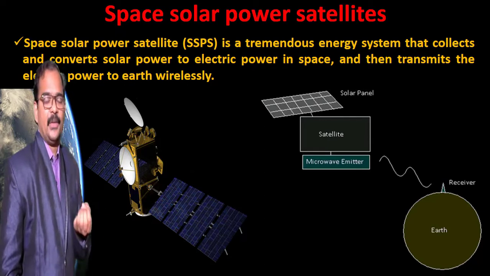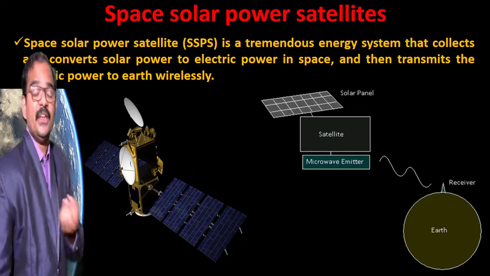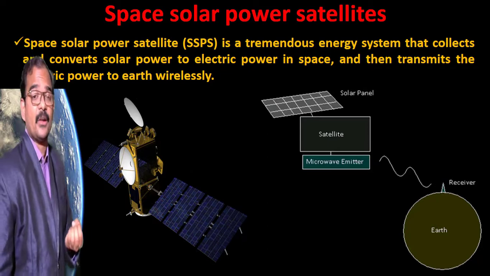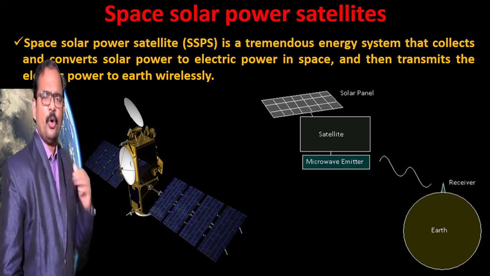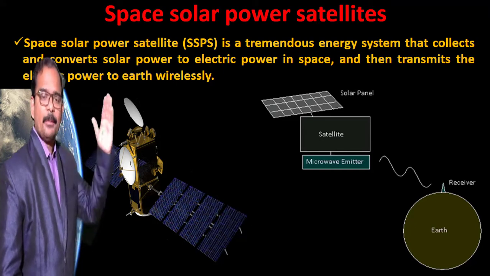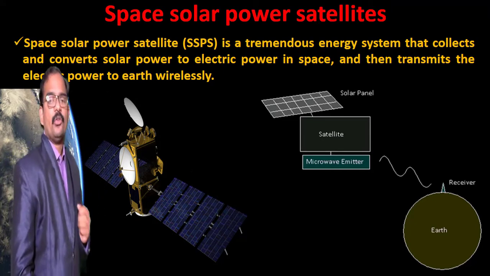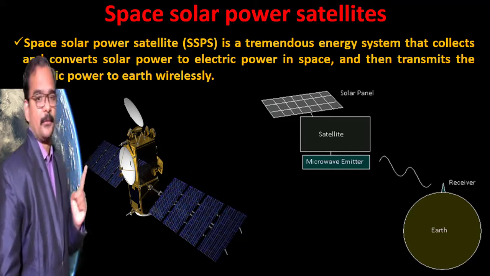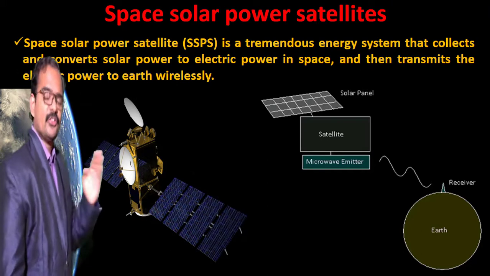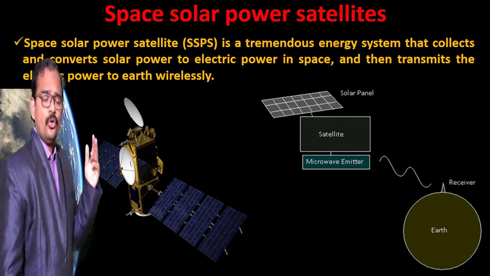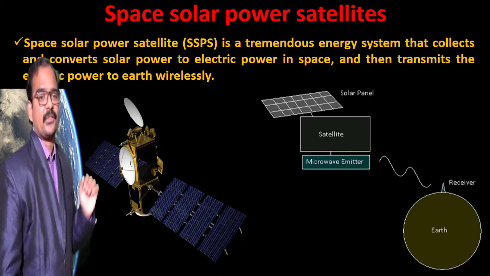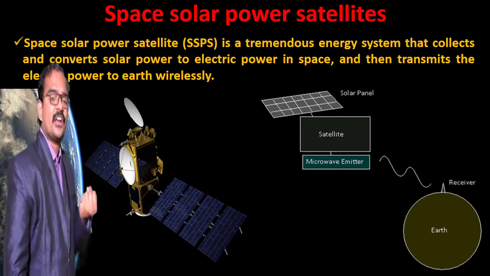Solar power is available only during daytime. It won't be available during night. And even in the daytime, when it is available, it is fluctuating in nature. So these two drawbacks can be overcome if we place the solar panels in space, because in space there is no atmosphere and the sun falls continuously on the satellite. That is the reason why there is no day and night in space. You can get 24 hours generation.